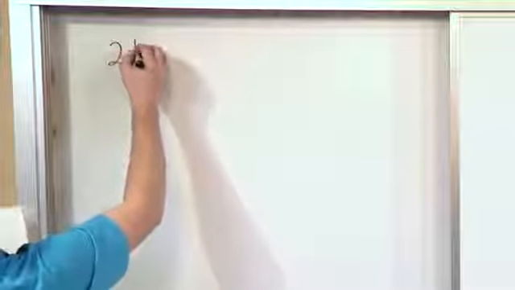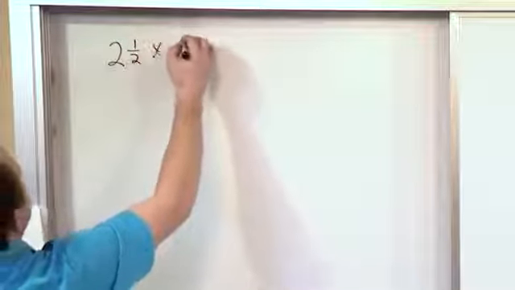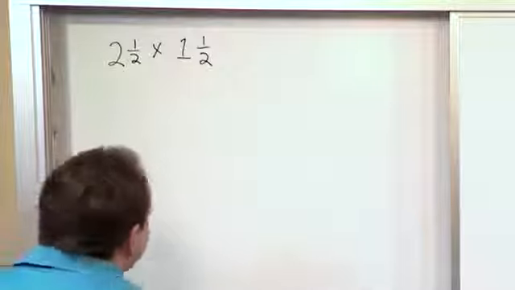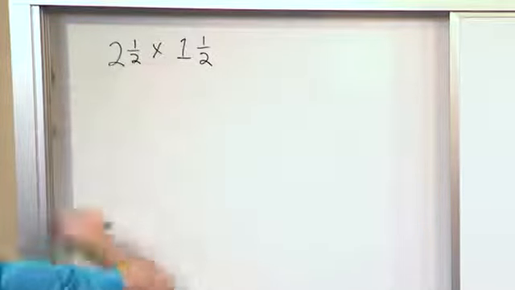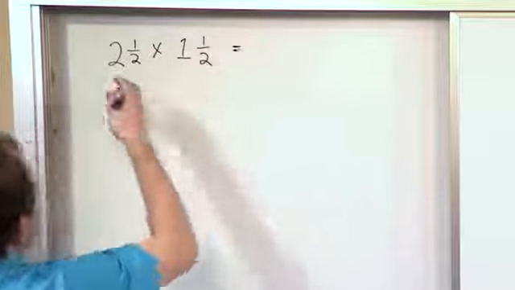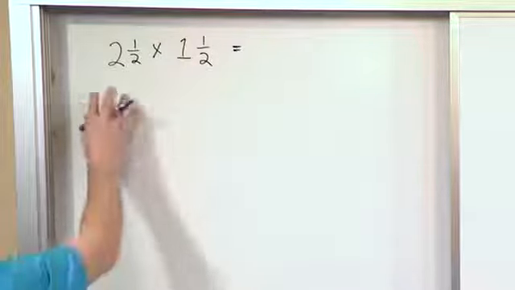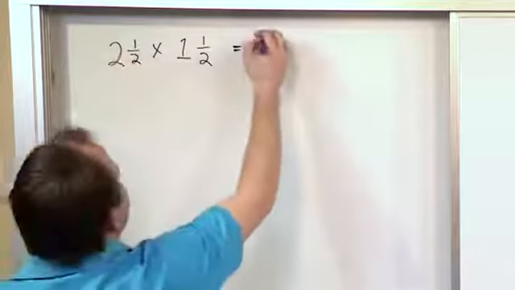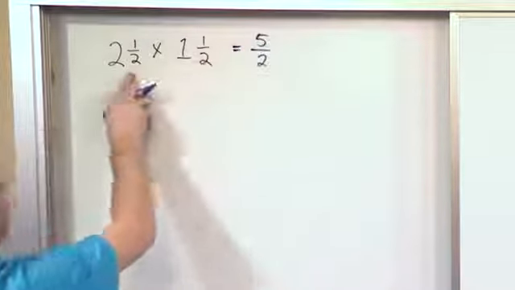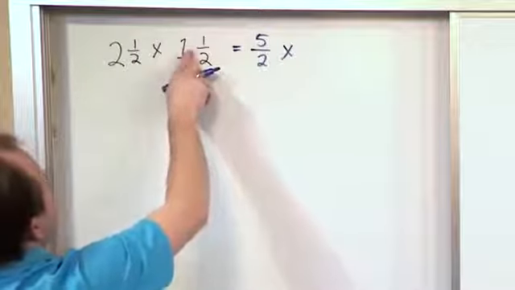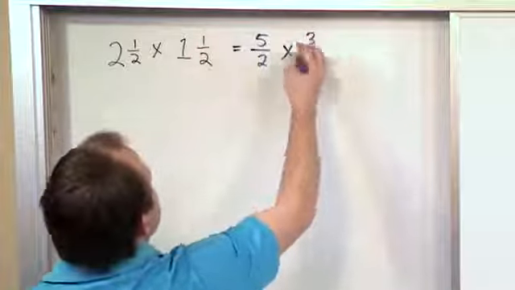So for instance, if we had the number 2 1/2 and we're multiplying by 1 1/2, remember before I told you that when we were dealing with mixed numbers and multiplication, to convert the mixed number into an improper fraction. So here we're going to do it for both of them. For this one, 2 times 2 is 4, plus 1 is 5, and I write it over 2 because the bottom number is 2. And then in this guy, 2 times 1 is 2, plus 1 is 3, and I write it over 2